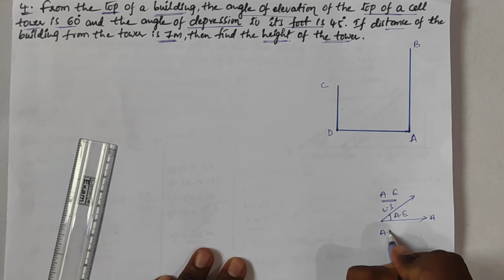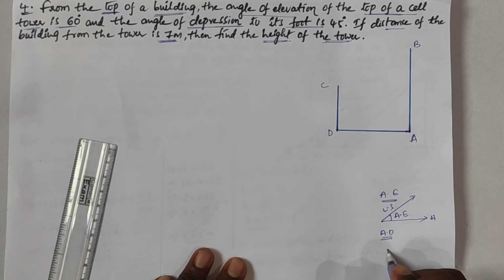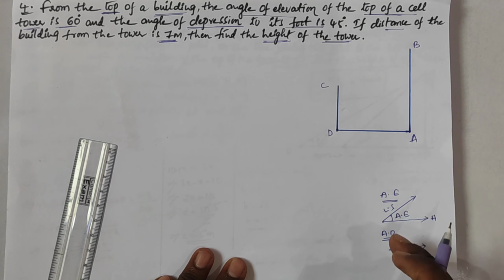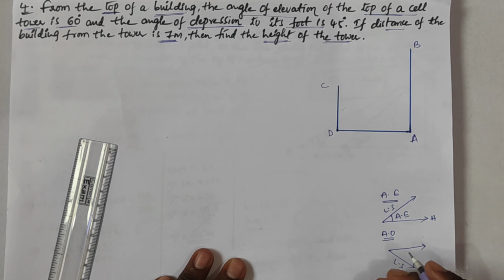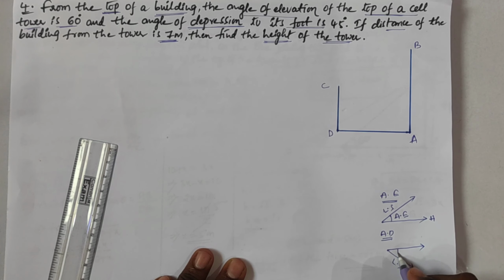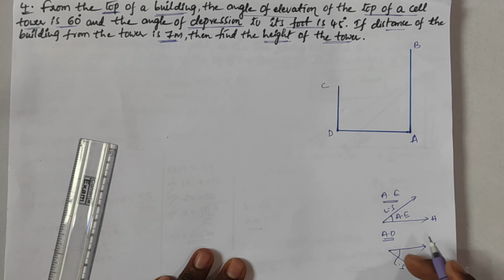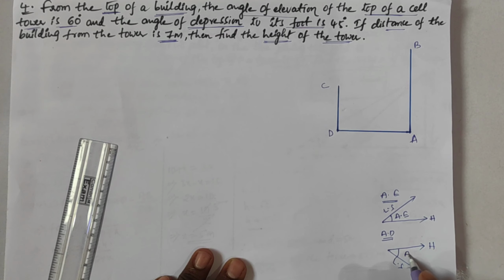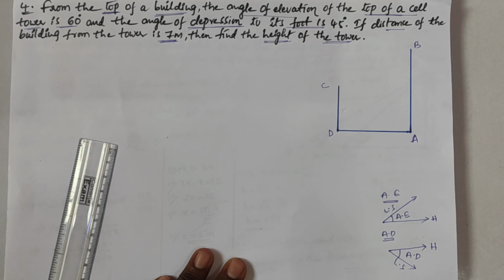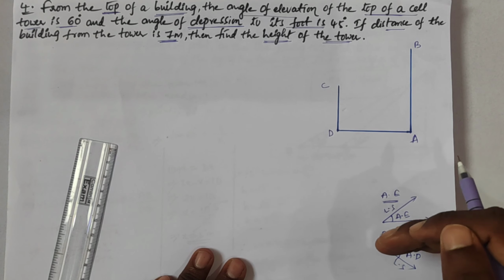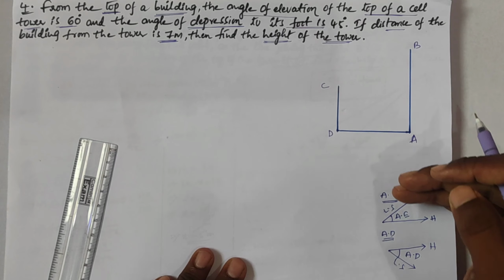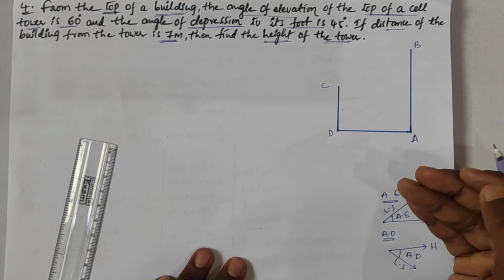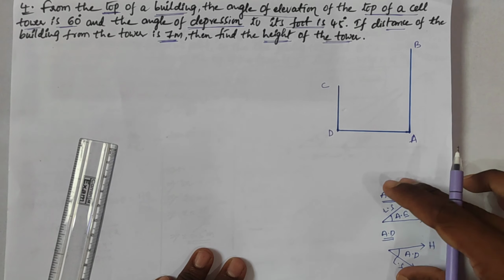Next, the angle of depression. With respect to the horizontal line, if the line of sight is below the horizontal line, see, it is below the horizontal line, right? So this is a line of sight, and it is below the horizontal line. The angle which forms between the horizontal line and the line of sight is called the angle of depression. Clear? With respect to the horizontal line, if the line of sight is above, that is called angle of elevation. If below, that is called angle of depression. Simple definitions.